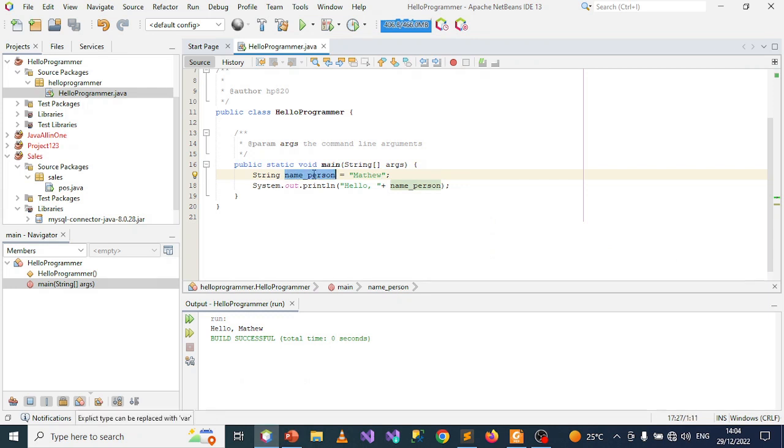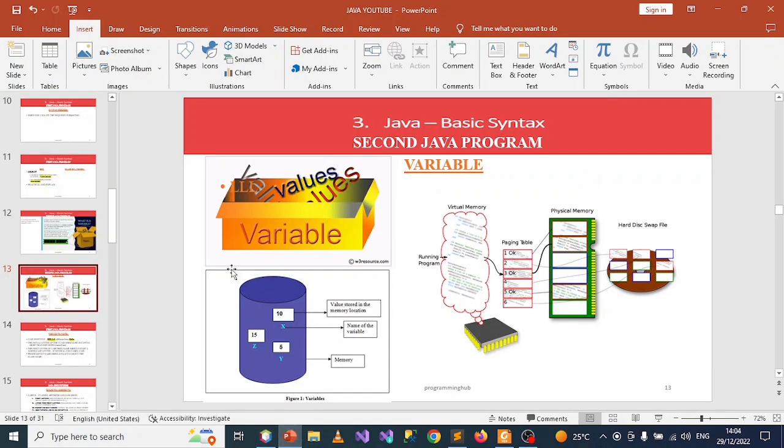Then this name person is going to be of type string. Specifically, it is going to hold what we call a sequence of characters. That is one way we make good use of our